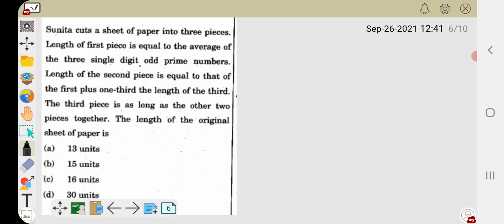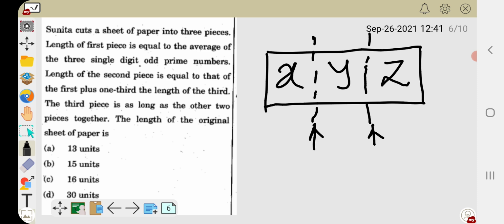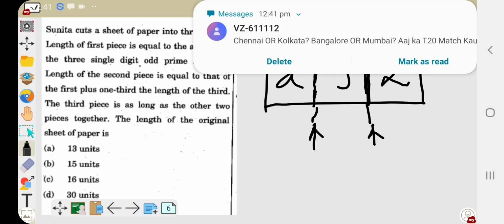Now the next question is, Sunita cuts a sheet of paper into 3 pieces. Suppose this is the paper. Sunita cuts this into 3 pieces. So suppose she is applying cuts here and here, so it will be divided into 3 pieces. Let the lengths of those pieces be x, y and z. x, y and z are the 3 pieces. Then it is said that